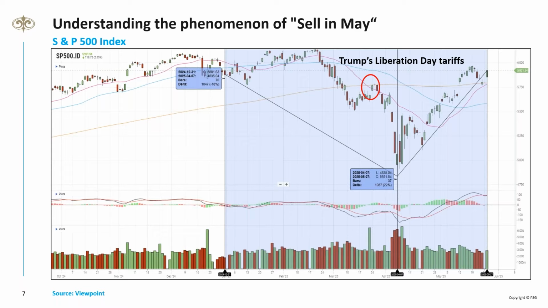And since then, as I say, I believe it was an overreaction by the market. The market recovered because obviously Donald Trump flip-flopped on his decisions there. The market bounced back. And you can see there from the 7th of April to more recently, till today, the market has bounced back 22%, and that's taking a shorter period to bounce back. Okay, so I'll show you a graph just now of the JSE All Share, very similar, but you can see how the market reacted. But you can see for a long time, the market did start off positive, and then we went higher, and then since then we've had this recovery. But I still believe we're in a bull market for the US markets.